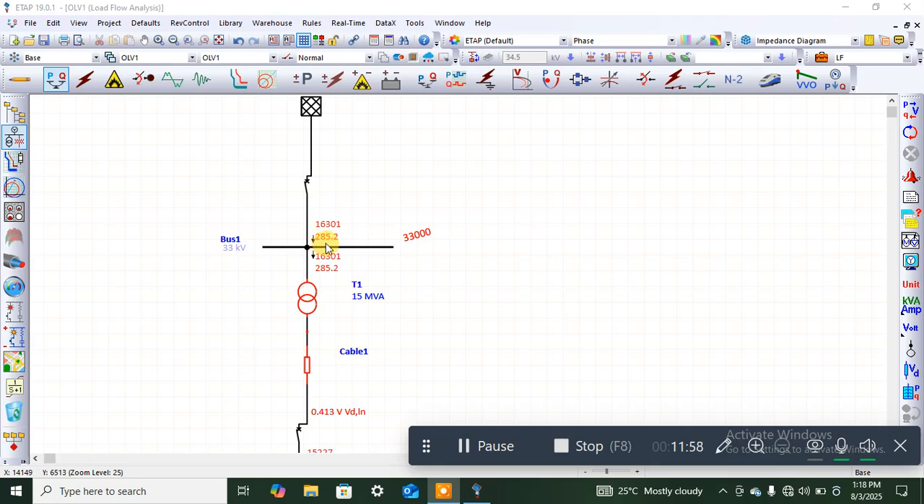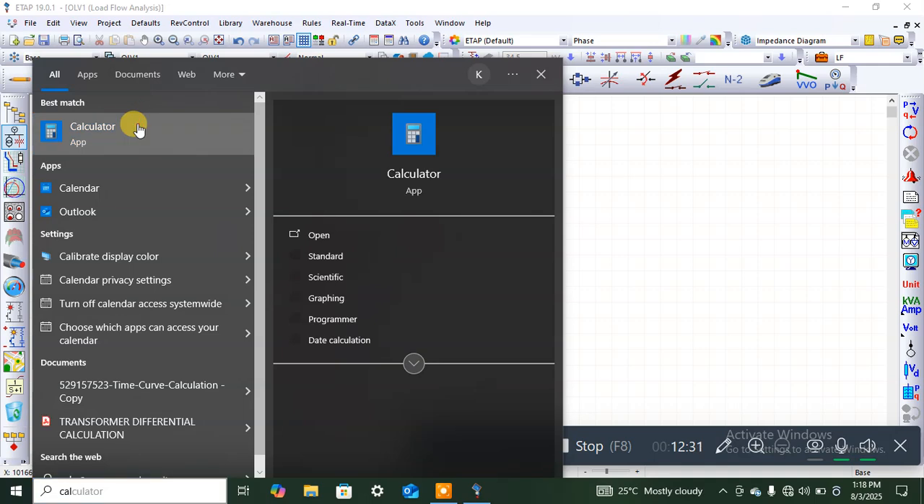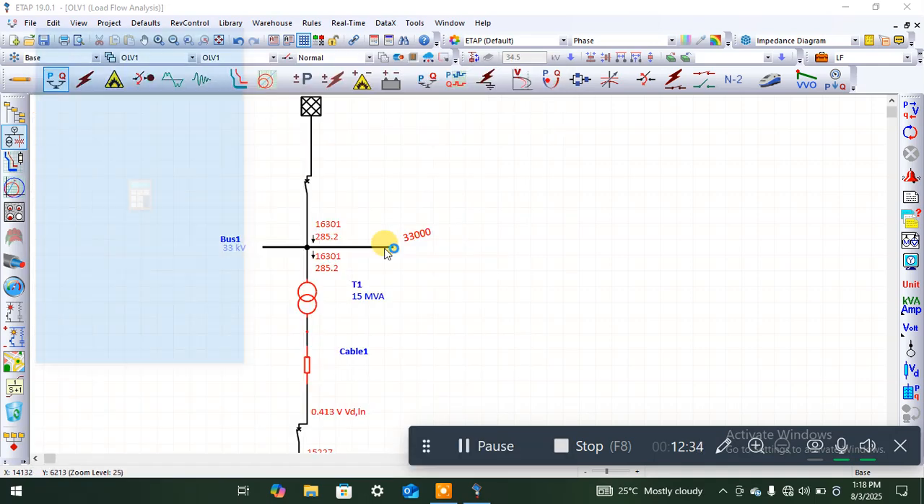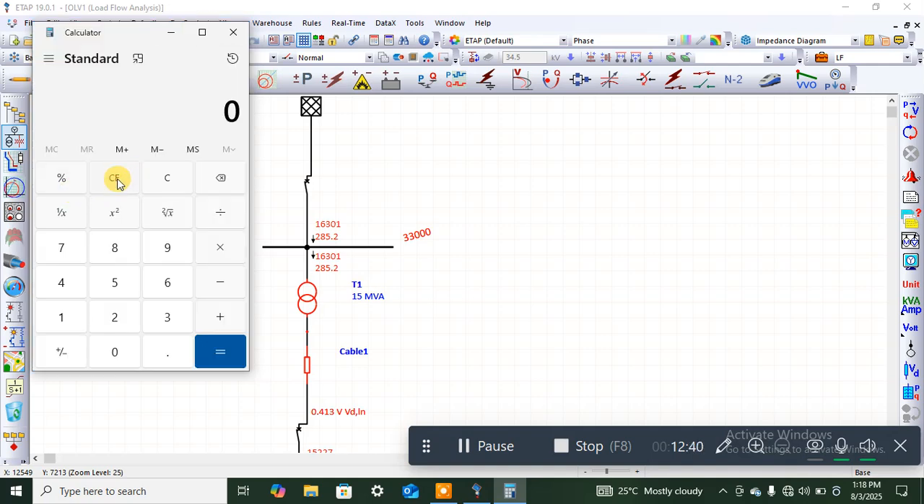At the 33 kV side of the power transformer, the current flowing at the primary side of the transformer is 285.2 amps. As you can see, we have 285.2 amps. What this means is if you multiply 285.2 by 33,000, let's see what we'll get. Alright,